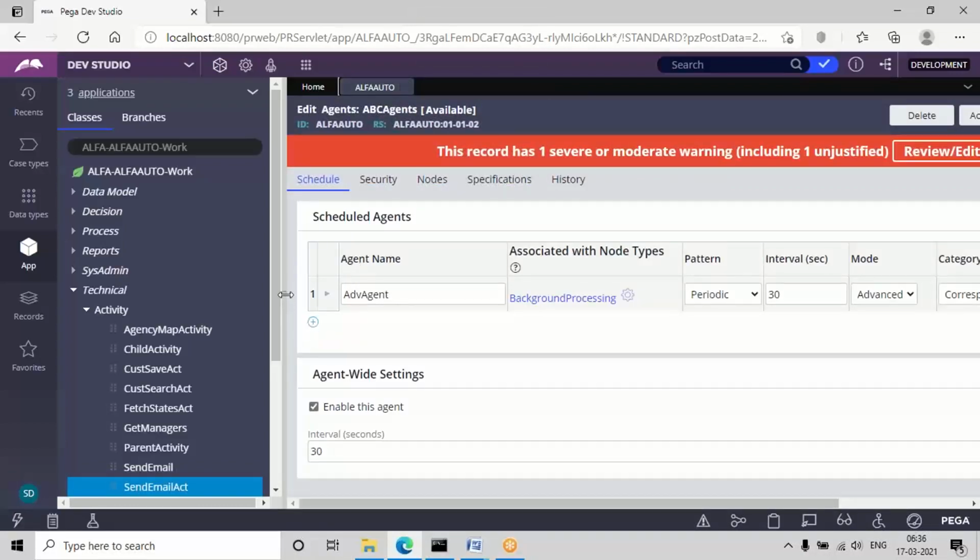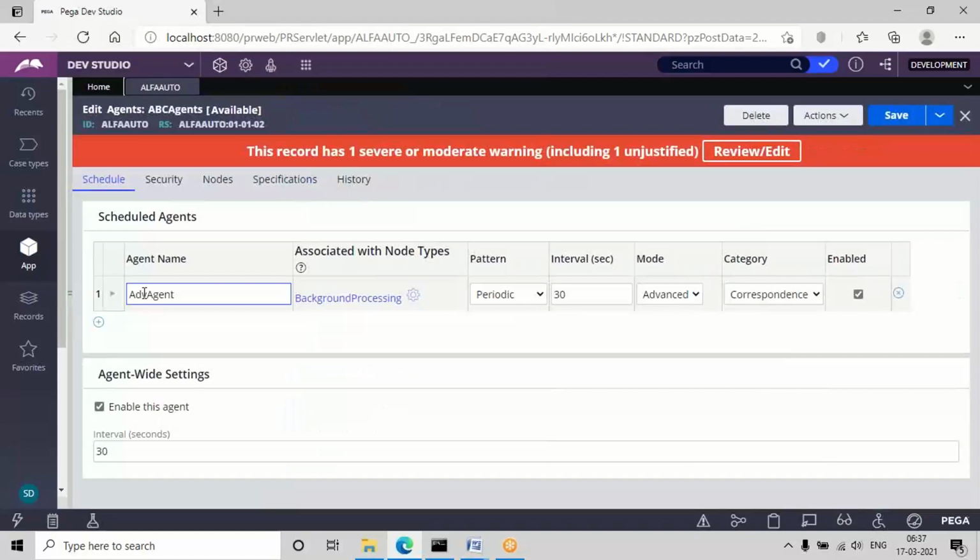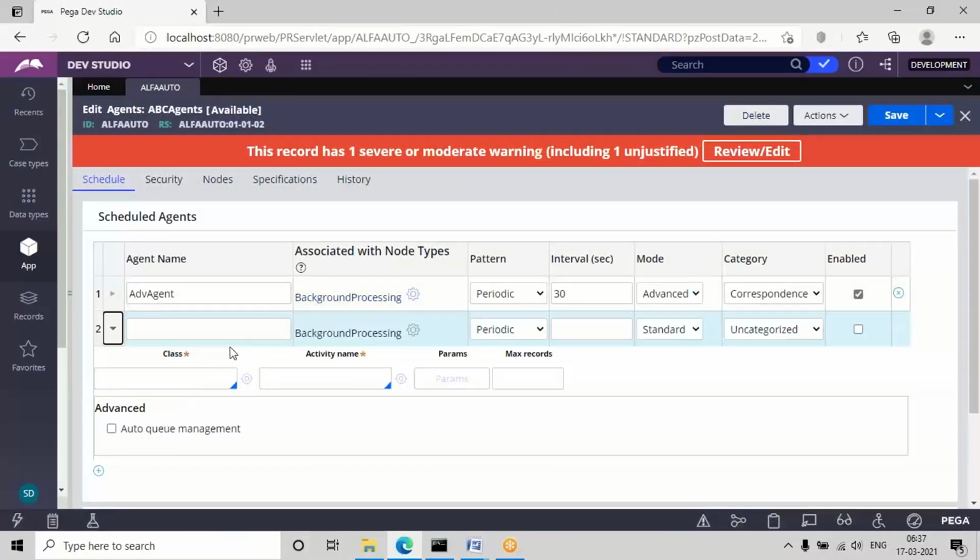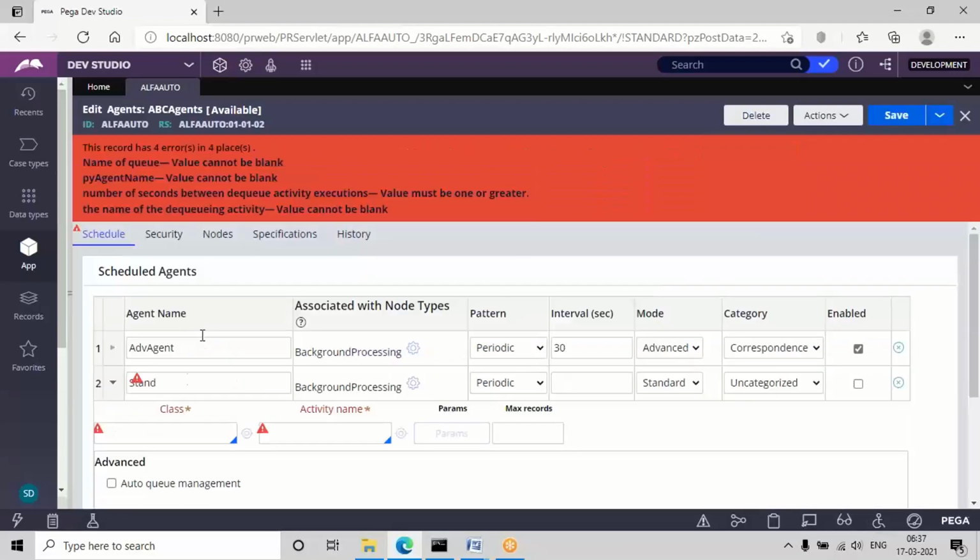Now, once we open this agent tool, initially the steps are the same, but again we need to configure some additional business logic when adding these standard agents. Here also I'm giving some interval.